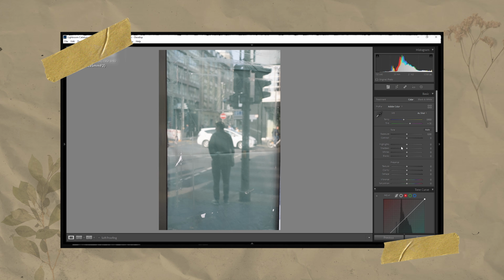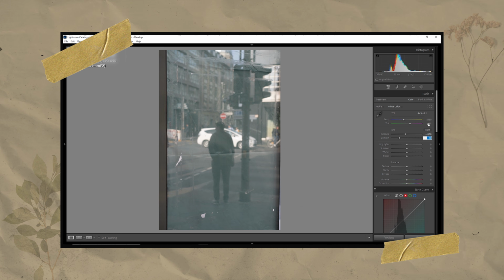Then it's time for some street photography. Here's a shot I received from @SaiPhoto. It's a neat reflection photograph of a guy standing next to a road. When I saw this, I felt like a sunnier but warmer and possibly more green look would suit this, so I got to editing. First, let's warm this up with the white balance slider and bring down the tint to